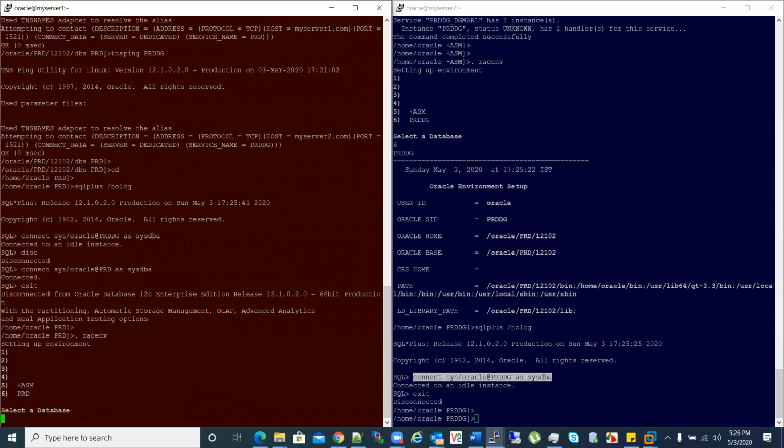Let's add a static registration in PRD also, because when failover or switchover happens, the DB will go down, and once it goes down, if you want to connect to it again while the DB is down, there should be a static registration. Okay,